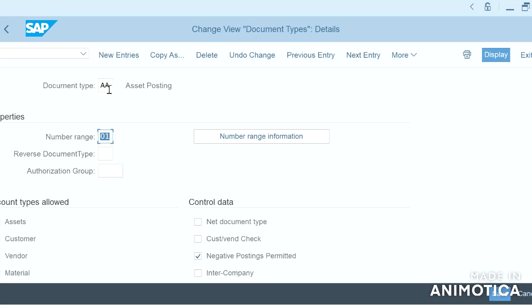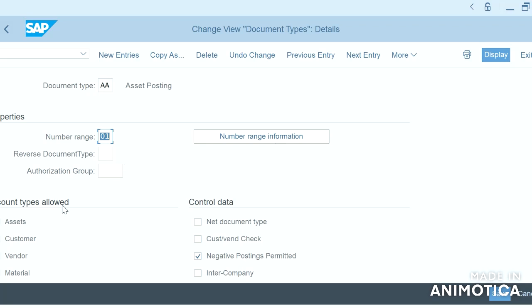So this is the document type. Here we enter the number range. This is the reverse document type, and here is the number range information which I showed before.